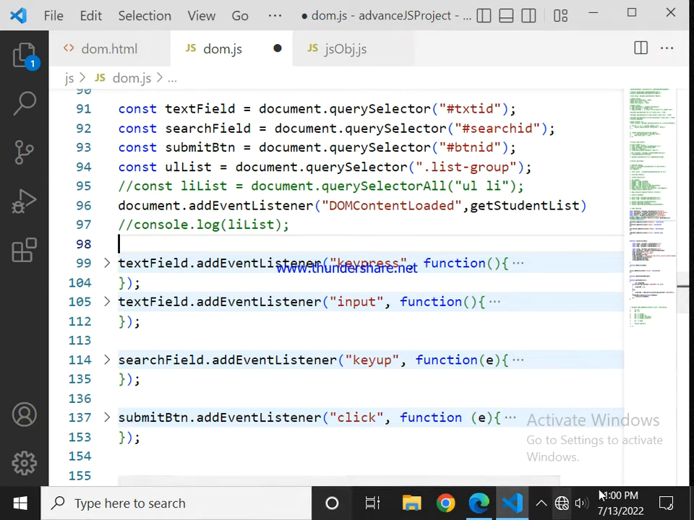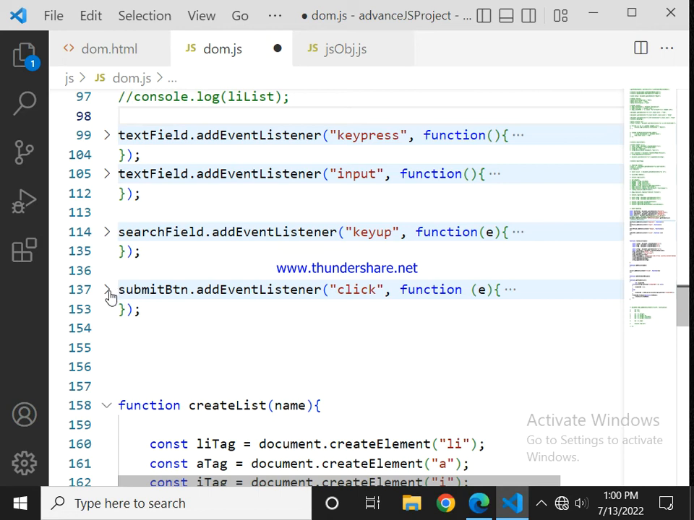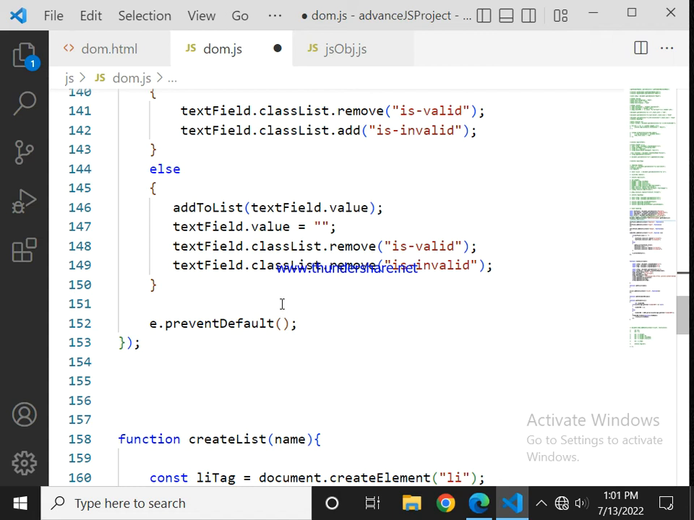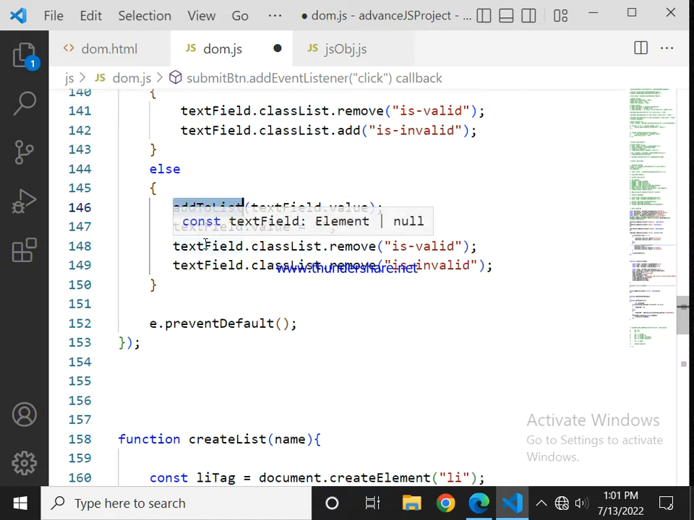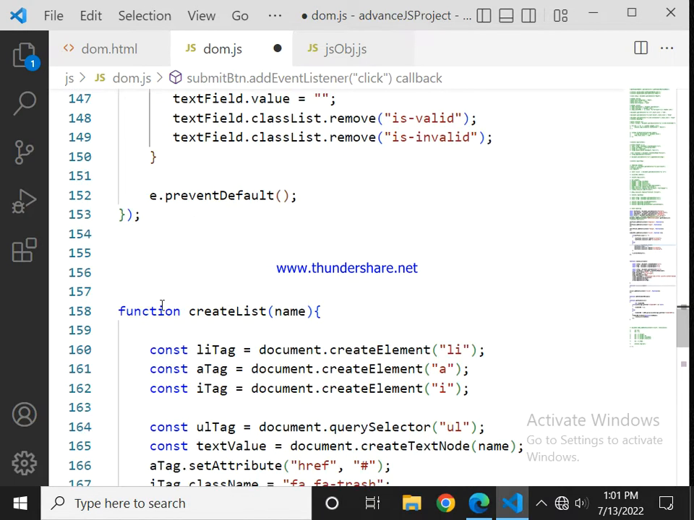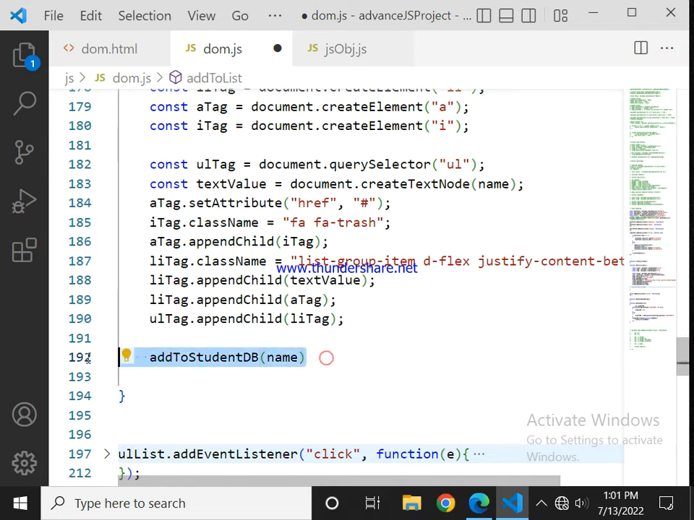Okay, now if you go back to the submit button, this one here, and you scroll down, you will notice that I have a method called add to list. Confirm that. You remember that's what is adding it to the list. Now let's go to the add list method. Scroll down. What do you notice here? This is where I am calling add to